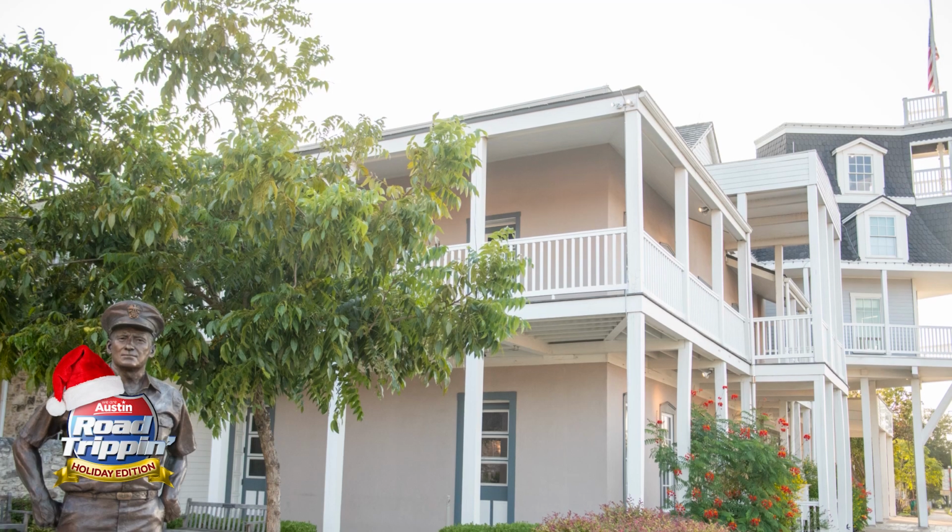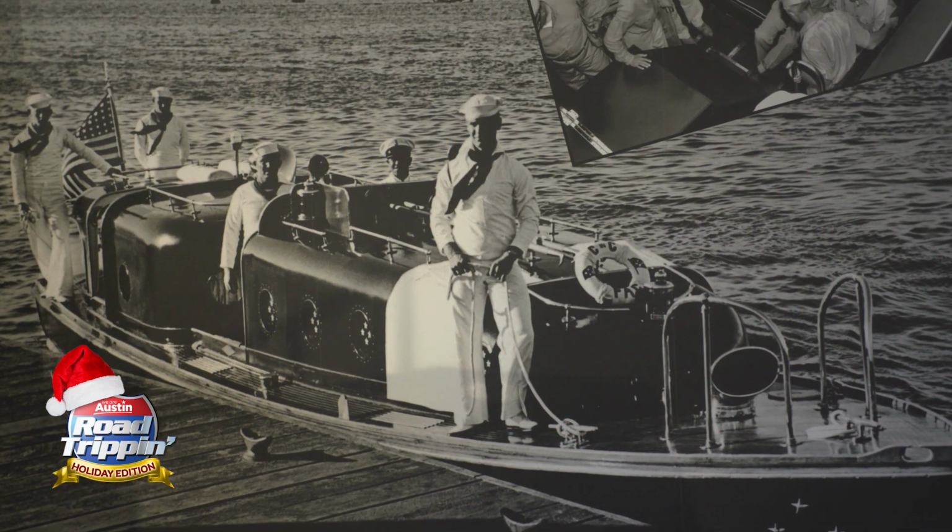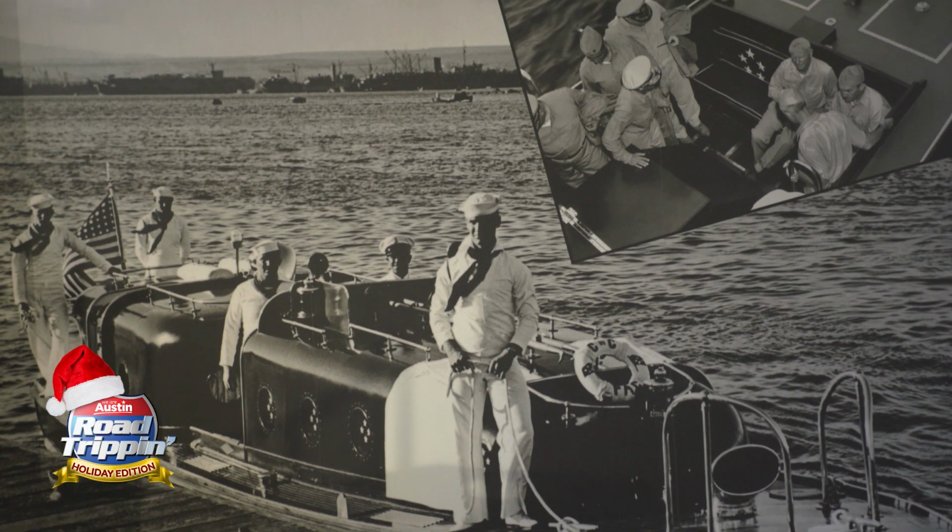So our museum, the National Museum of the Pacific War, is located here in Fredericksburg, Texas. Why so far away from the Pacific Ocean? Visitors ask that all the time. Well, this is the hometown of Fleet Admiral Chester Nimitz. He was a significant leader during World War II in the Pacific, and that's why the museum is here in